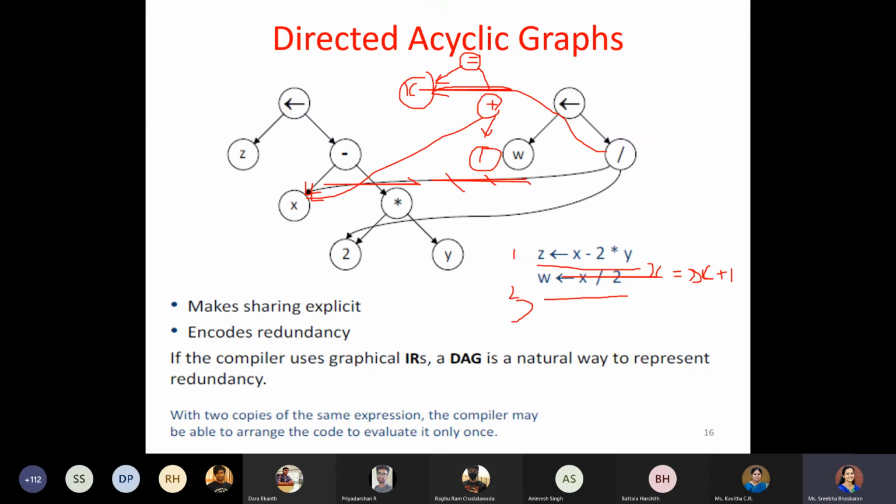So what ma'am has told about the LHS, RHS part, once again we will be seeing in the data dependency part when we go with the linear and in functions. That time we are taking that part. If it is not clear here, that time once again we will see. That time it will be more clear.